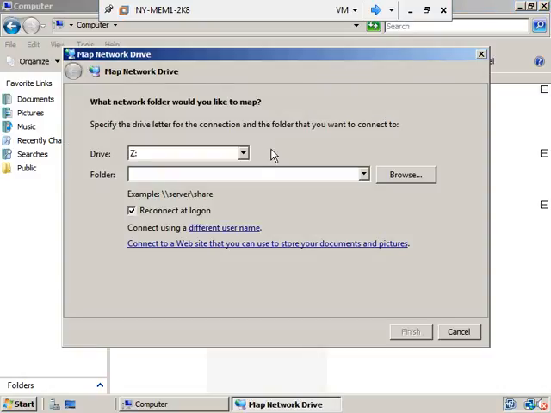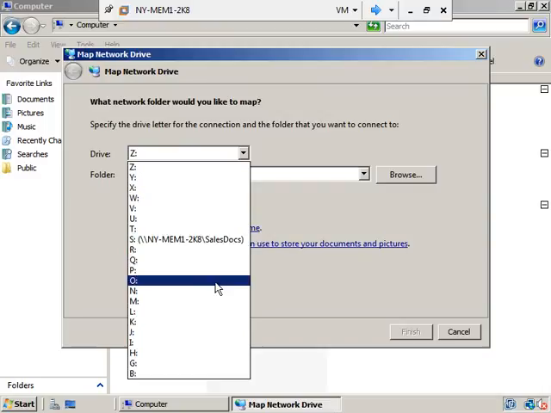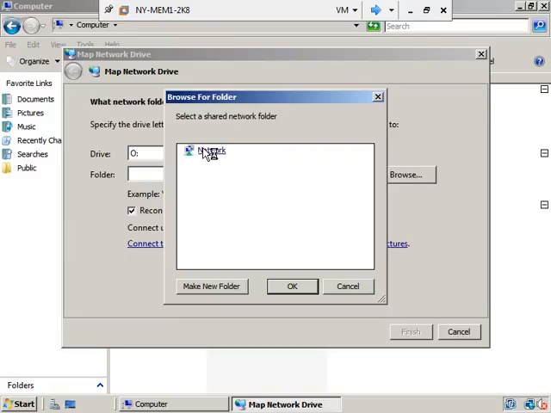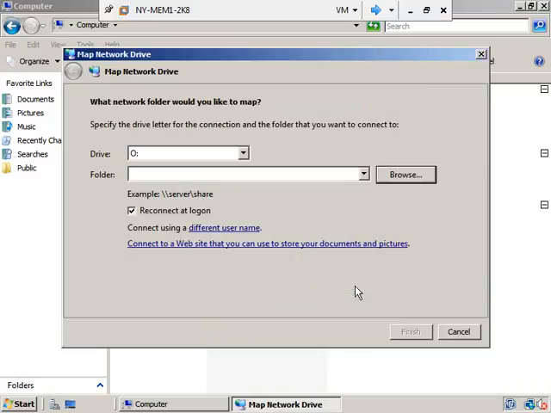We'll map the network drive. We're going to map that ops folder as O, right? So we'll select O and click on the Browse button. And now once again, we'll wait for our network guide to show up here. Now, if you don't like to wait for this, we can cancel it. We can just go ahead and type in the address to it too. We can type